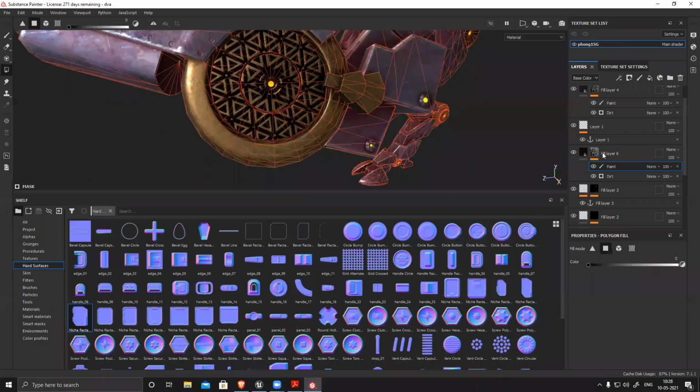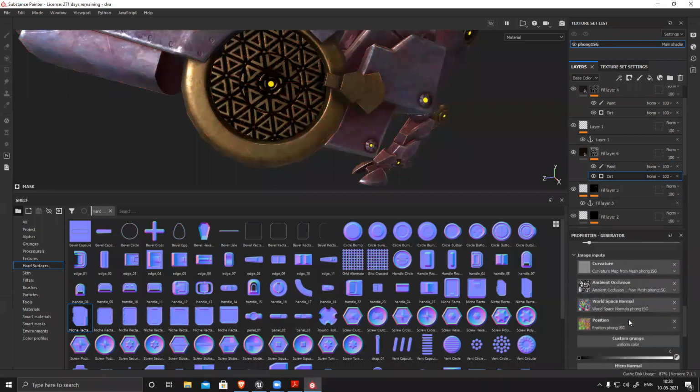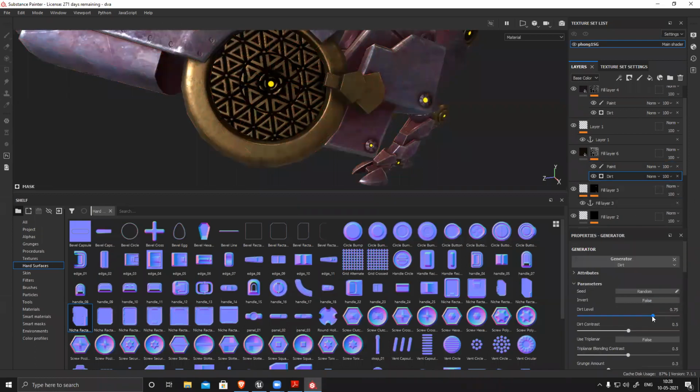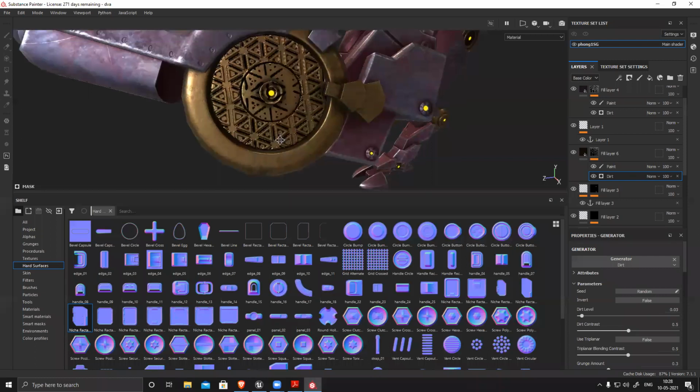But it's way too much. Now I can go to my dirt and control everything. This part also I have to deselect.